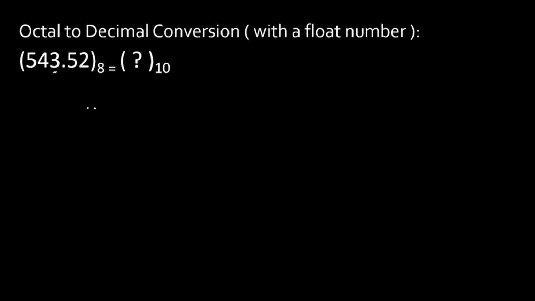So a decimal number is given. Whenever we move towards the right from the decimal point, we will multiply the number by 8 raised to power minus 1, 8 raised to power minus 2, 8 raised to power minus 3, and so on. It depends upon the place value. Whenever we move towards the left from the decimal point, we will multiply the number by 8 raised to power 0, 8 raised to power 1, 8 raised to power 2, 8 raised to power 3, and so on. So the number is